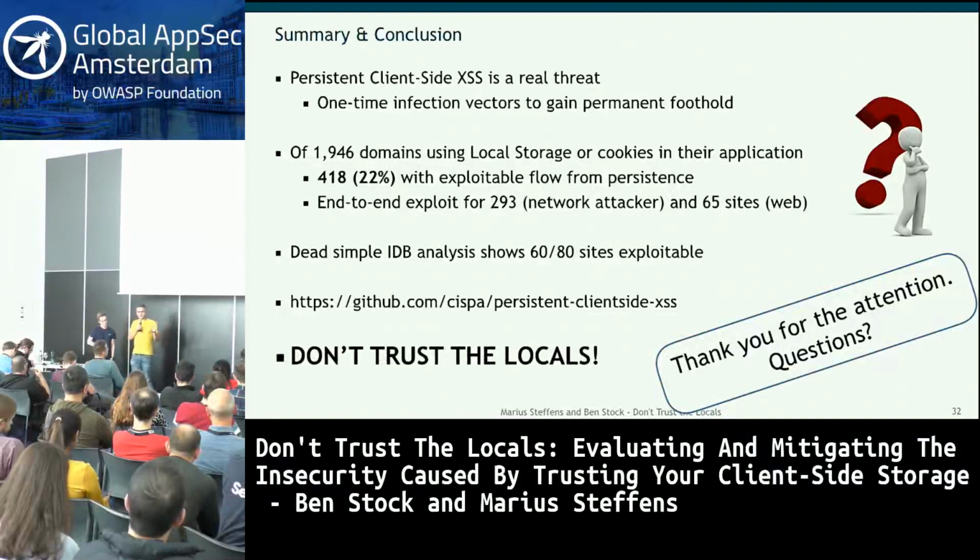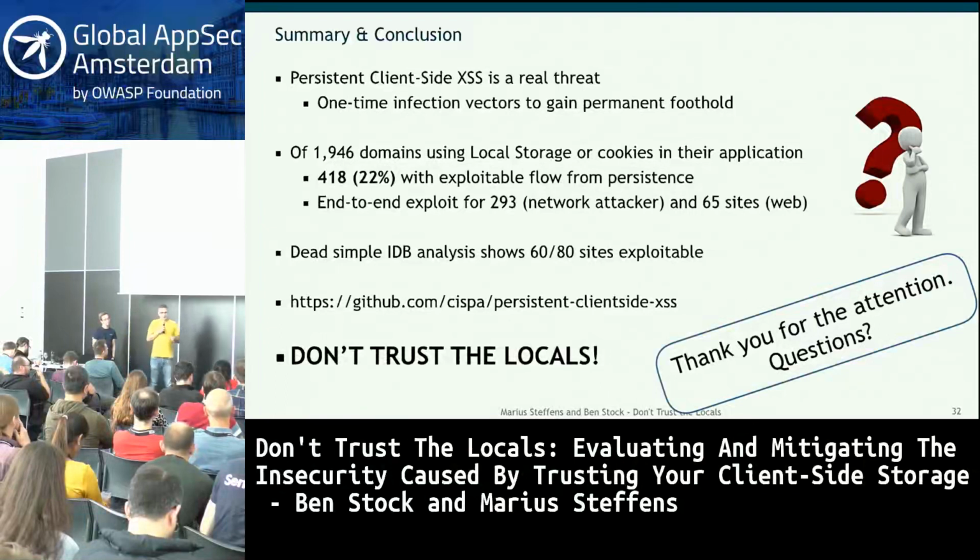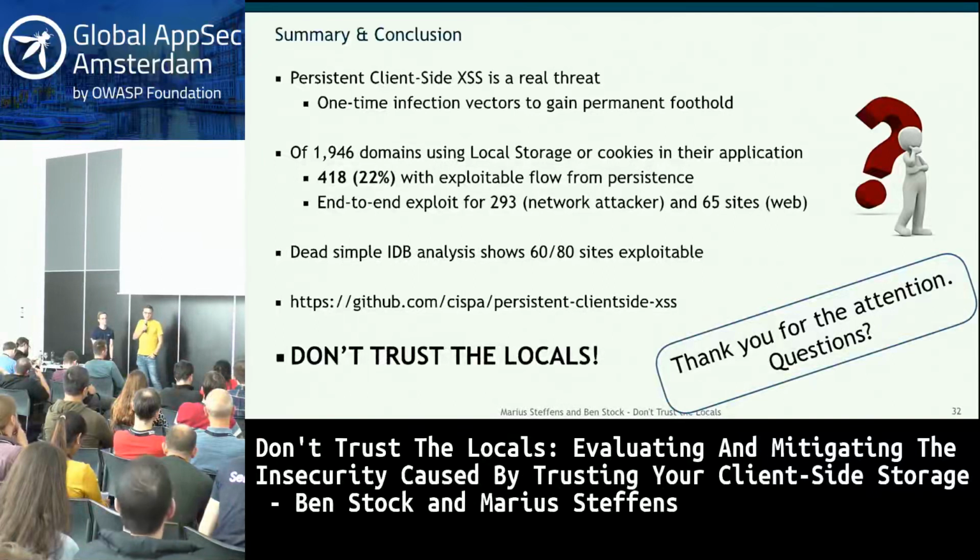And so it's not even that I have to check, hey, is my code that is using stuff from local storage, does it not just blindly eval it, but I also need to consider what would happen if now all of a sudden the structure of my page would be changed, and maybe there would be an element with some identifier or whatever, and now all of a sudden everything breaks. So I think in general, assuming that everything that is on the client can be tampered with should not be discounted. I think obviously if, as Marius said, there's always going to be an XSS, and in this case we just need a single shot, right? And once we have that single shot, your page might be, or your customers might be screwed for a very long time.